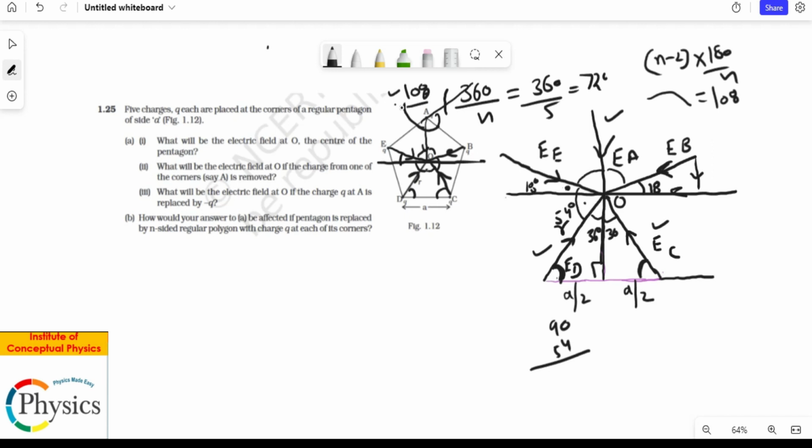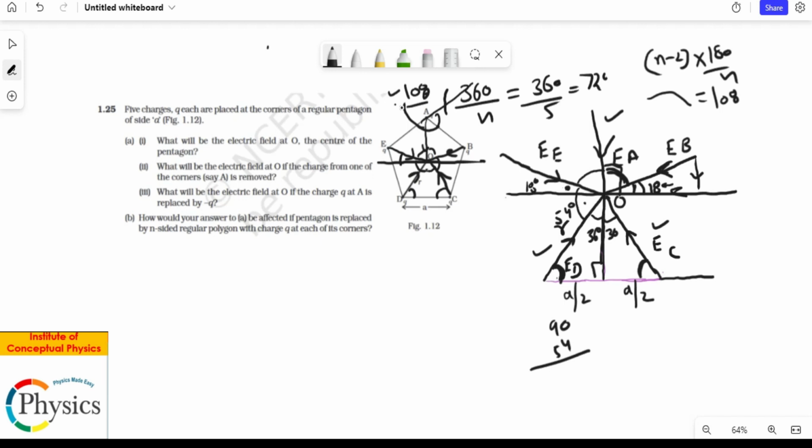So the first step in physics is to take control of the diagram, and especially in the case of resultant, take control of the angles. If you have clarity on angles, it becomes rather easy to solve the problems by the method of resolution, which is splitting the vectors in x-axis and y-axis. If you're not clear on how we got 18 degrees, you can do a bit of struggle and you will get this 18 degree value too. It should not be that complicated, because this is 72, so the balance angle is 18. Simple. This whole thing is 90 degrees.